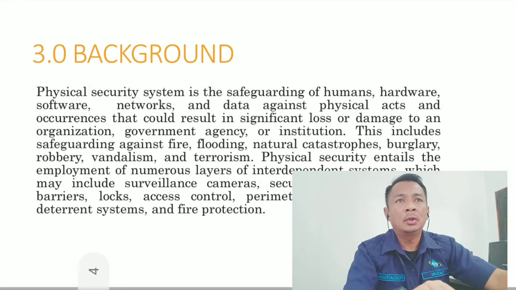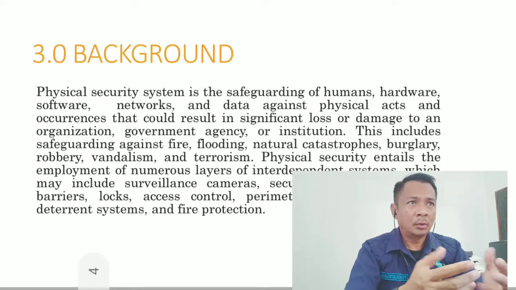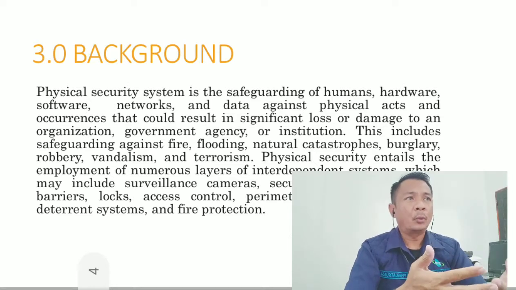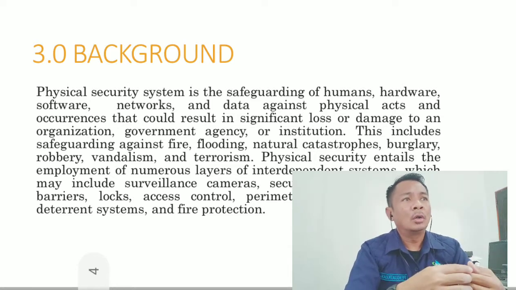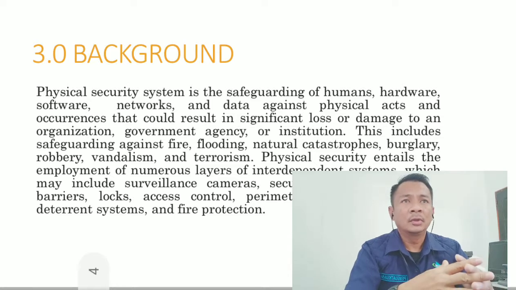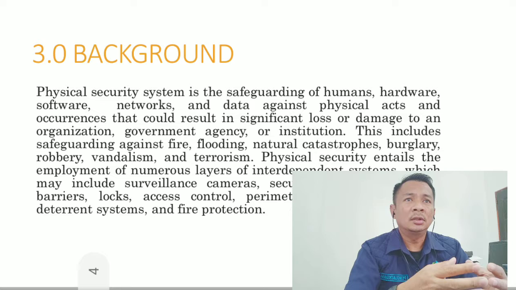And then 3.0 Background. Physical security is to protect people, hardware, software, networks, and data from physical acts and incidents that could result in significant loss or damage to an organization, government agency, or institution. This includes protecting against fire, flood, natural disasters, burglary, robbery,